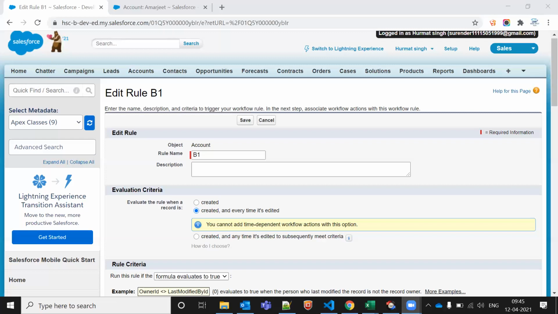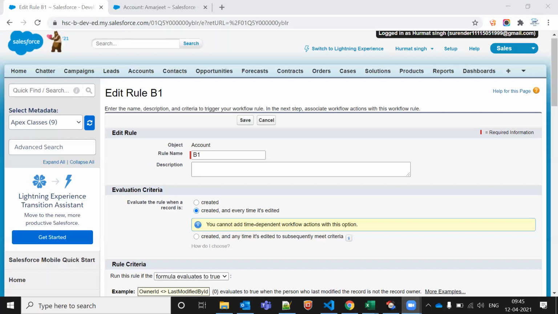Okay, how can we call the Apex class? In the action, we can give the Apex class name, like that we can invoke. Is there any particular annotation in the Apex class?